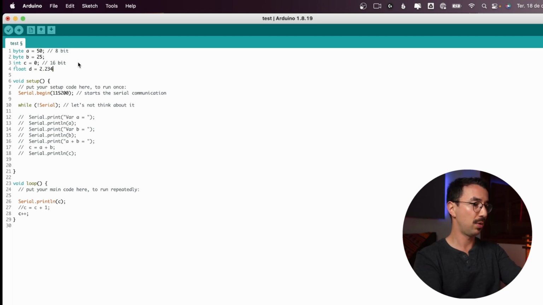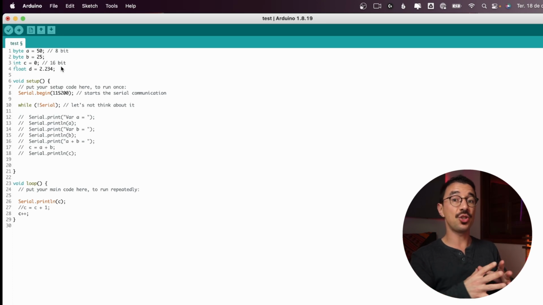So for example, this, you can use floating numbers. There are also doubles. So the difference is you can store bigger numbers or floating numbers, but those variables take way more space in your Arduino RAM. And this RAM will be precious when we start to use lots of variables.